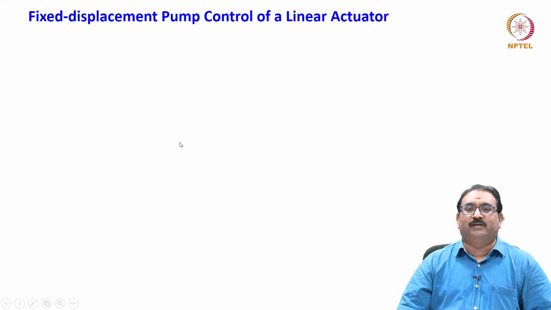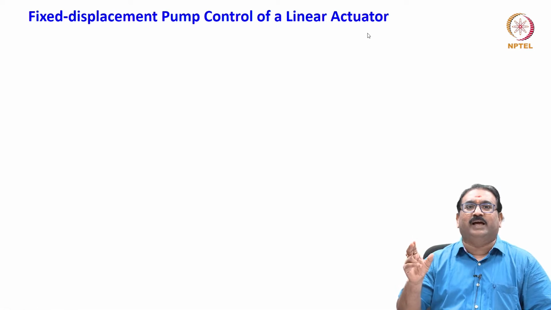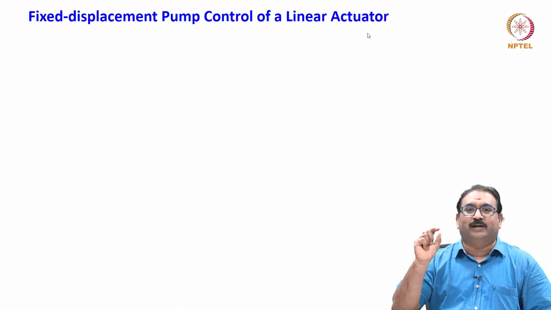Now, we will see quickly the analysis of the different units, pump and motor units. First, we will see the hydrostatic, as we know the pump is controlling the motor. But before that, pump controlled linear actuator, how to model it very quickly. Fixed displacement pump controlled linear actuator. The best example is controlling the two rod symmetric double acting cylinders.